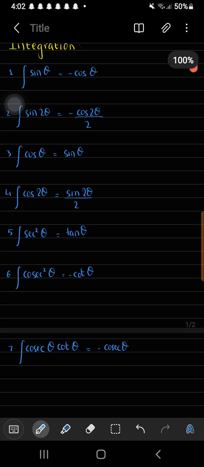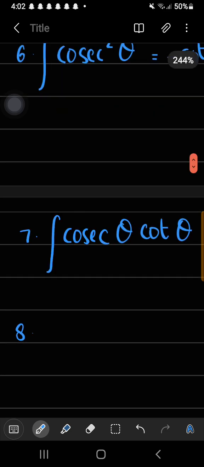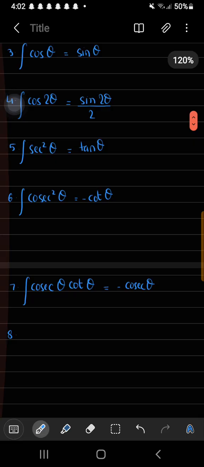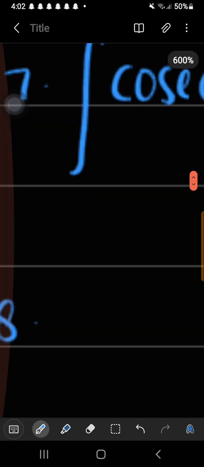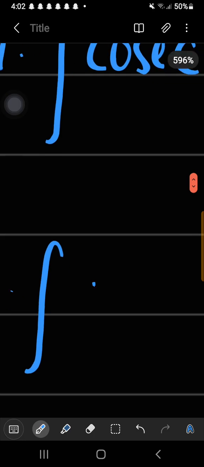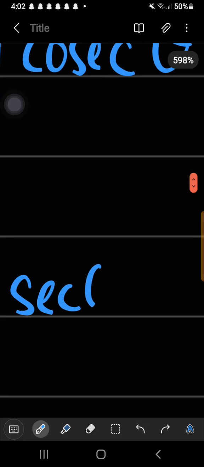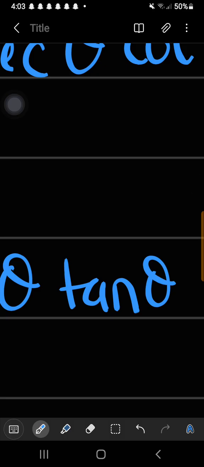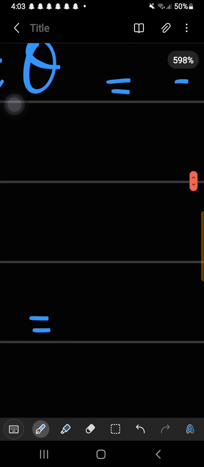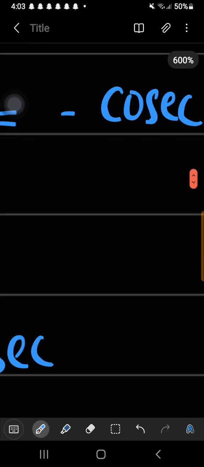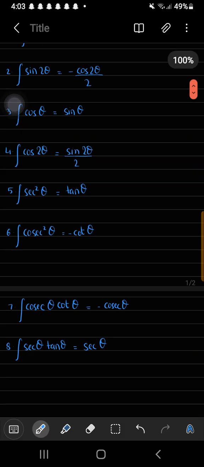Let me check one thing. Okay, so 8 will be cosec theta and cot theta, which will become negative cosec theta, and on the other hand sec theta and tan theta, yes, will become sec theta. And on ninth,